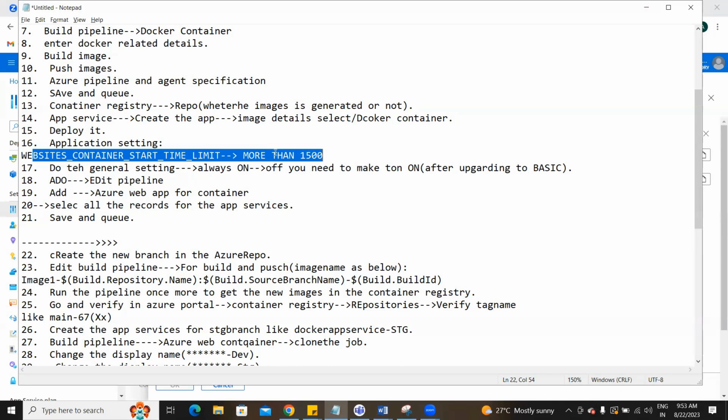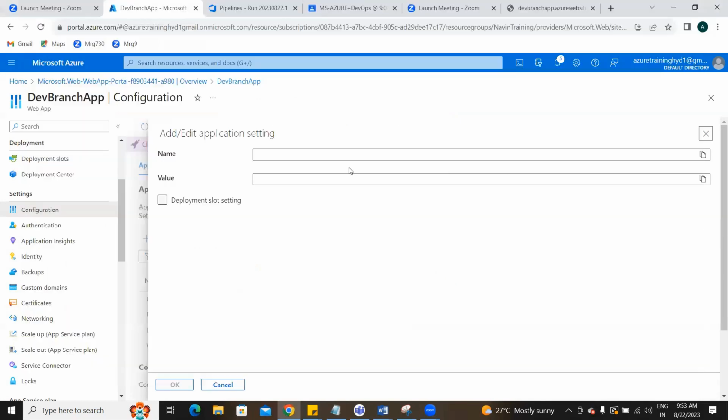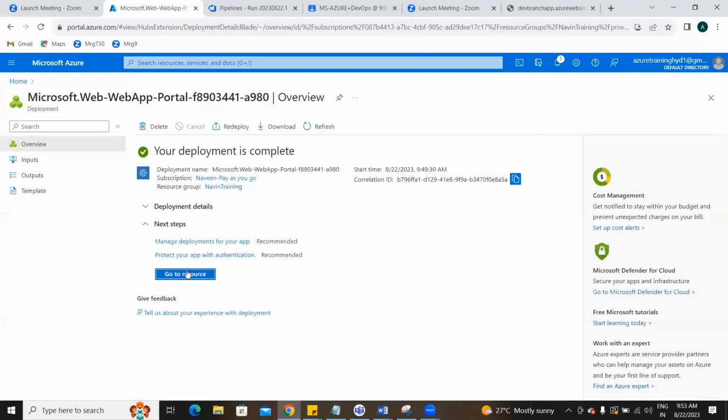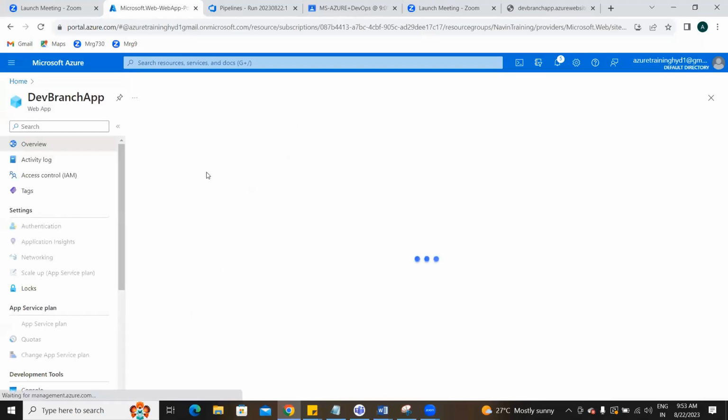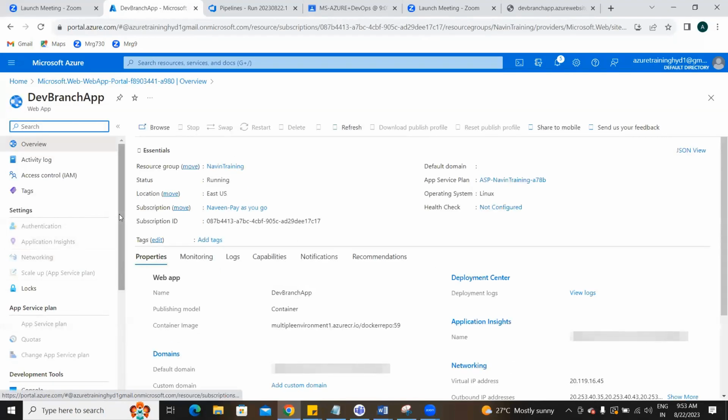So that's fine. Next it says go to the general settings and make some changes: always on, off, you need to take it to on. Where are the general settings here? I will not do the changes, okay? Where is the setting? Configuration, right?